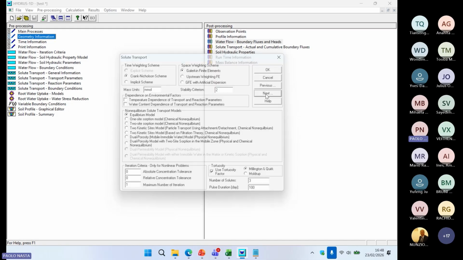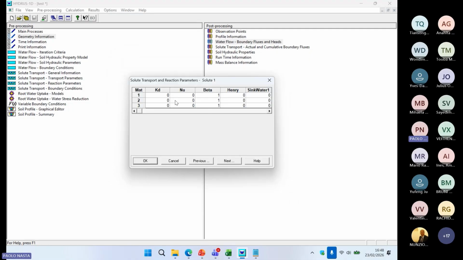The solutes will be exactly the same. So you see that now you have a table with 3 rows because the reaction parameters for solute 1 have to be assigned for each layer, but they are the same for each solute and for each layer. So we need to extend this information here. Copy paste and keep everything else 0. And then next, so you can extend